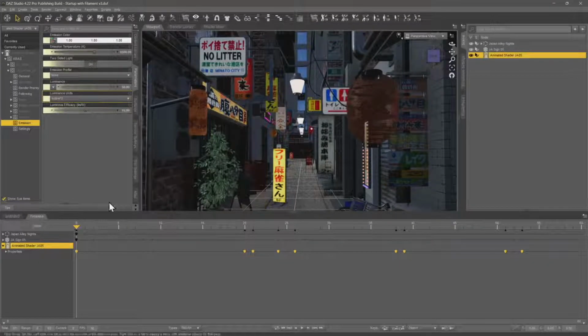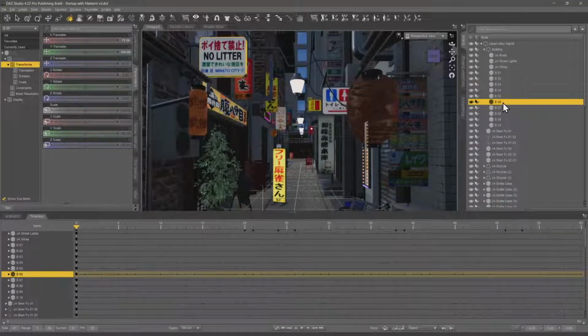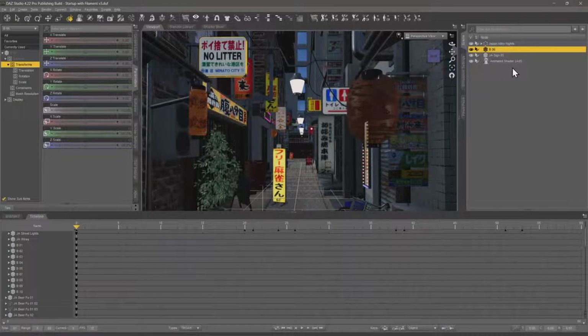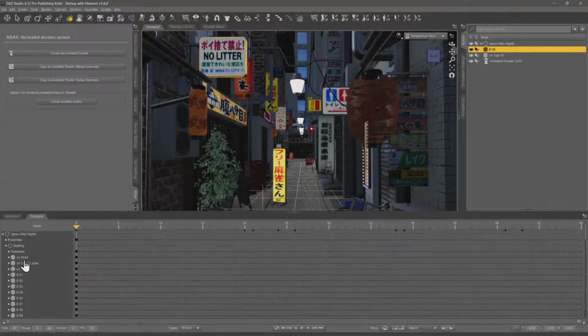So if we wanted to animate another object, we would do exactly the same thing. Let's say the no litter sign here. Just quickly as a demo, this is it. I'll take that out so that it's also just easier for me to find. And once again, with Abbas selected here,